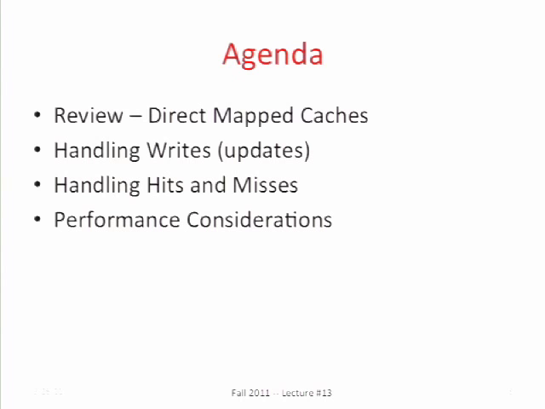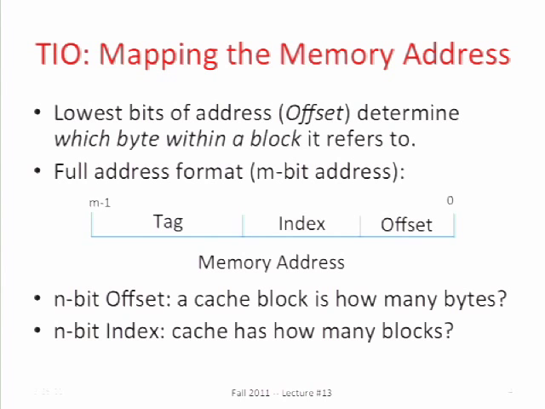Okay. All right, great. So here's where we left off last time. Caches are all about trying to hide the fact that you've got this huge slow memory and this fast processor that doesn't have much storage to work with, and so you're trying to bridge that gap. So what we're going to do is bring things into the cache when we need them, and hopefully even a little bit before we need them. And we're going to use them out of the cache, which is very fast. And when we need something that's not in the cache, we're going to go get it and bring it in,